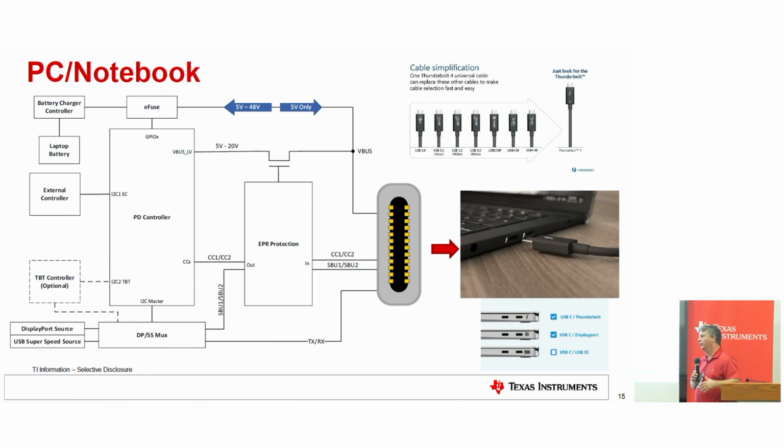In the case of a PC notebook, you typically won't see a Thunderbolt controller, because it's usually embedded in the Intel processor, let's say. We'll talk to the Intel processor for what's all going to be set up back and forth. On a monitor, if it's a Thunderbolt monitor or a Thunderbolt dock, there will typically be a Thunderbolt controller on there that we'll communicate with.